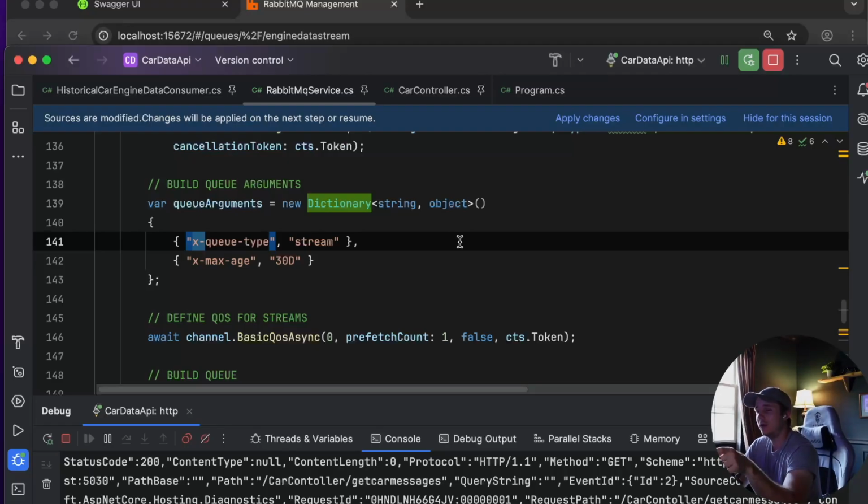So your stream doesn't have a typical time to live as you would with a queue. You can't set that. On a stream, you have a max age of the data on the segment. But there has to be one segment present, and there always will be if there is data. So even if you have a max age set and you have data in one segment, that data might still be there because you always need one segment. But if you have two, the second one might get dropped. It's very confusing. Basically, it's not like time to live. It's not the same way of thinking about it, but